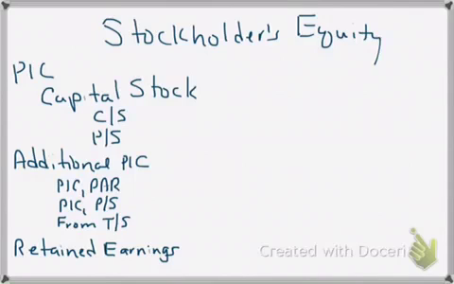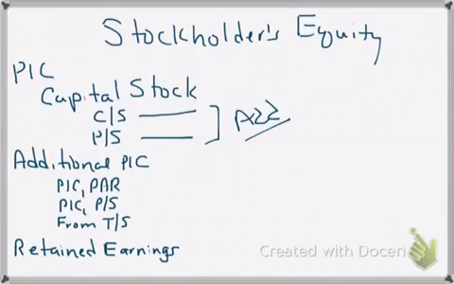The next thing that I really want to look at is how we display that stockholders' equity section of the balance sheet. What we're going to look at with the stockholders' equity section is we are going to have a paid-in capital section. Now, with the paid-in capital section, we are going to list out the capital stock. So we will have the common stock listed. We will have preferred stock listed. We would total those amounts. So we would add these two numbers together and come up with a total for that paid-in capital for capital